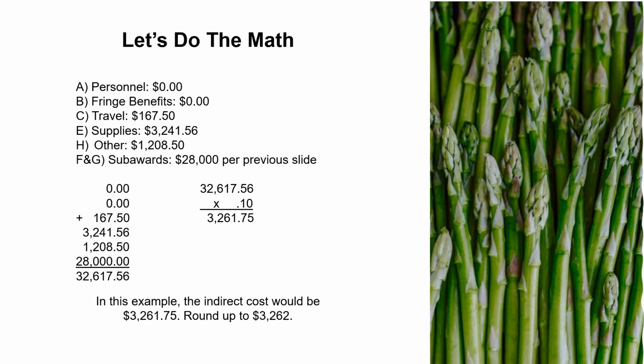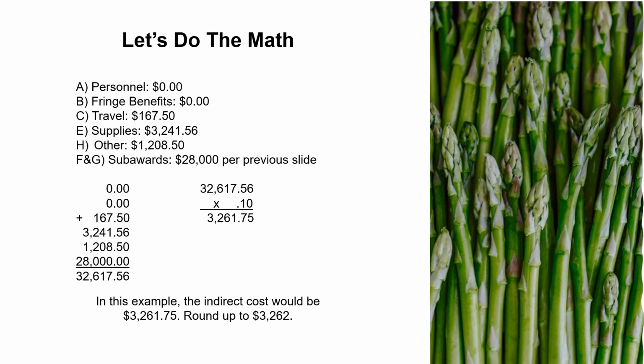Let's do the math. If we add up all of the eligible modified total direct cost components, we get the sum of $32,617.56. Remember, the de minimis rate is 10%, so we are going to multiply the sum of $32,617.56 by 10% or 0.1. That equals $3,261.75. We ask that you round up to the nearest whole dollar, so in this example, the indirect cost amount would be